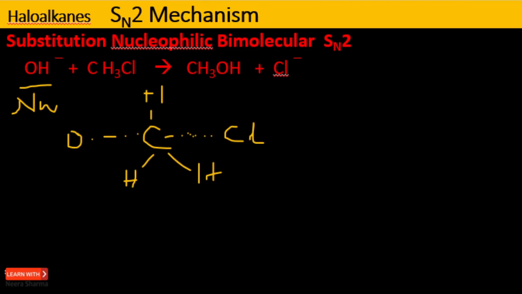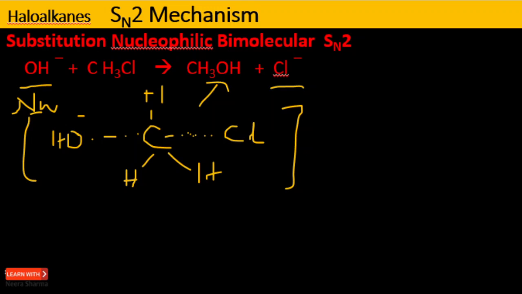So this OH minus is slowly coming closer to the carbon of the alkyl halide, and the chlorine is moving. This is the intermediate product that is formed, and later the Cl is removed as Cl minus, and you get